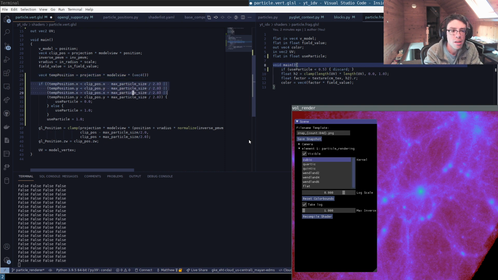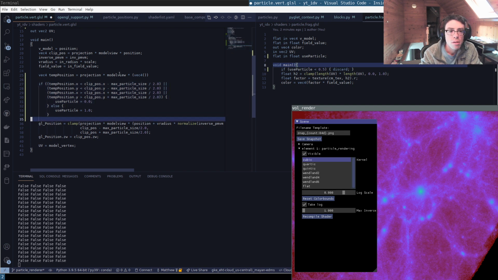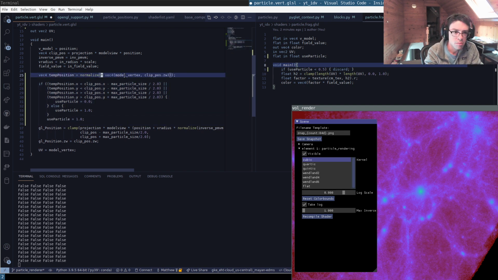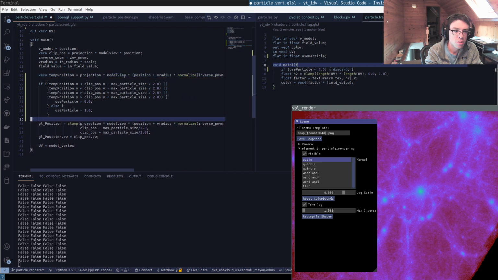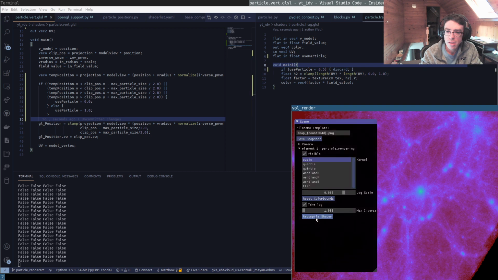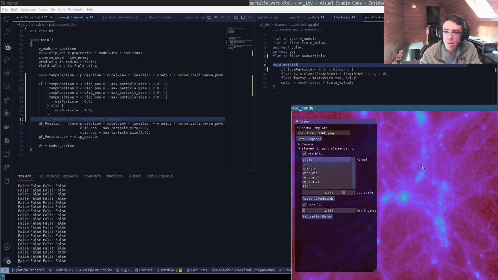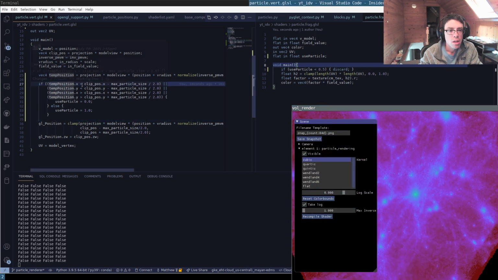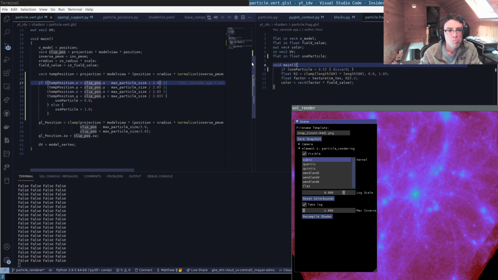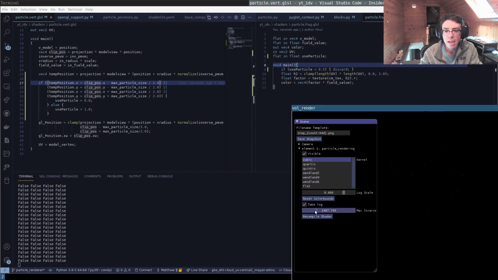Basically, if the size of our triangle strips is going to be greater than 1/10 of the screen or something like that,